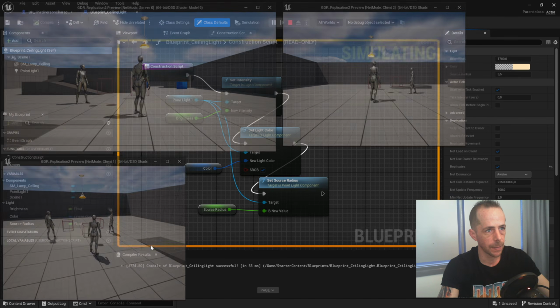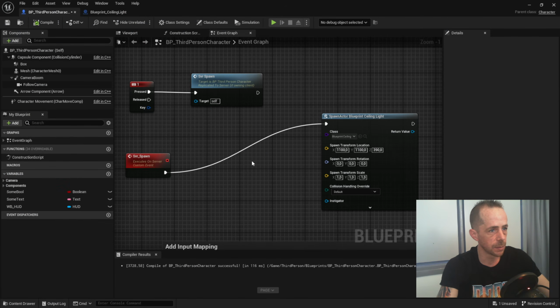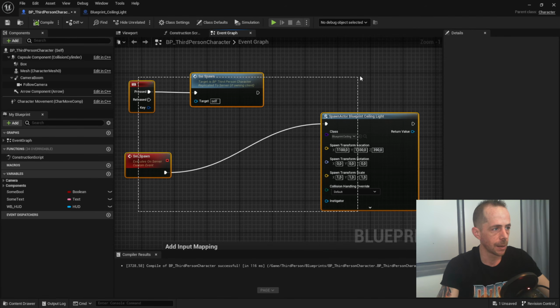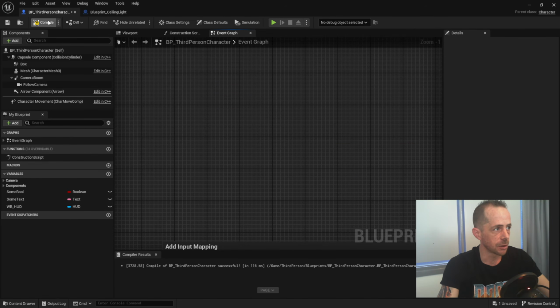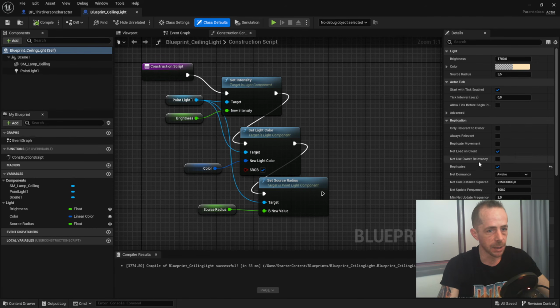There you go. So there's different ways to actually approach things most of the time. So there's multiple ways leading to Rome, as they say. And so always think about what you actually want to do with the actor and how important is it to turn on replication. Are there other ways that I can maybe do it that will save me some bandwidth and fix it that way? So that's spawning and destroying actor and actor replication in general,